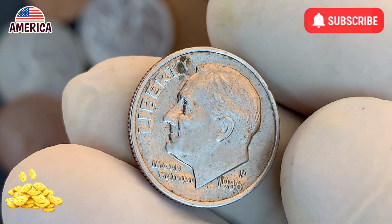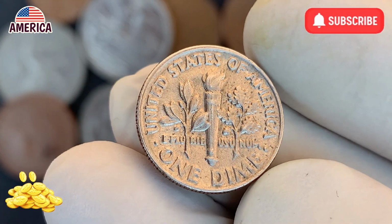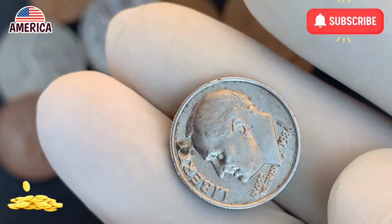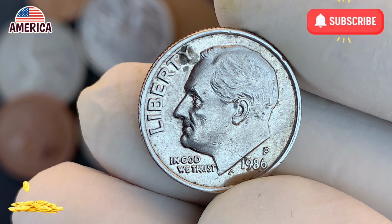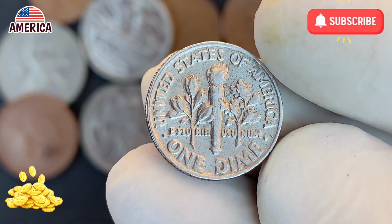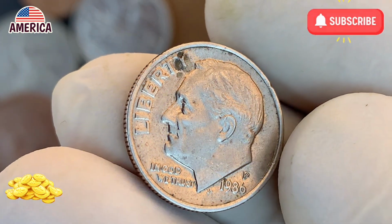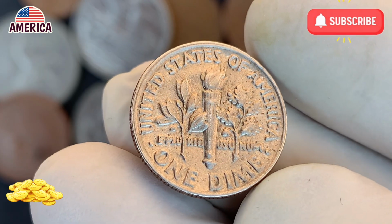At the heart of these valuable coins is the minting process itself. The U.S. Mint employs precise machinery and strict quality controls to produce millions of dimes each year. In 1986, the standard coin featured Roosevelt's portrait on the obverse and a reverse design of a torch flanked by olive and oak branches, a symbol of liberty and strength. Every detail, from the finely chiseled lines of Roosevelt's features to the balanced composition of the branches and torch, is meticulously planned. Yet, in the high-speed production environment, even the slightest misalignment or malfunction can create an error that collectors